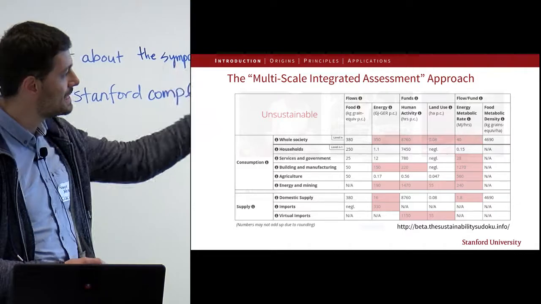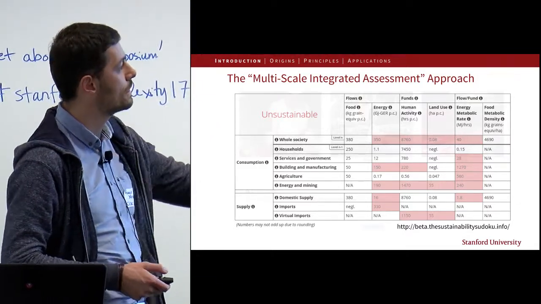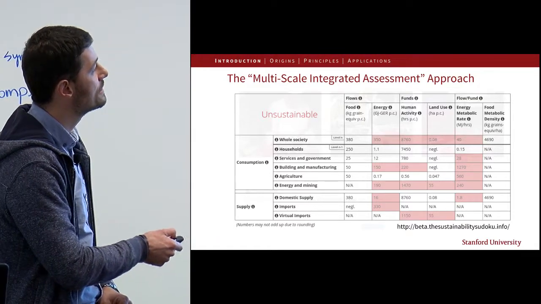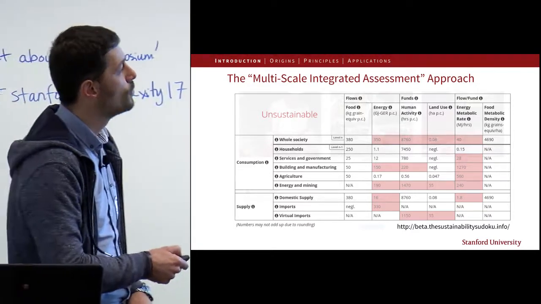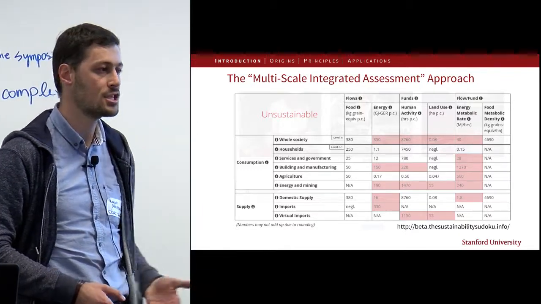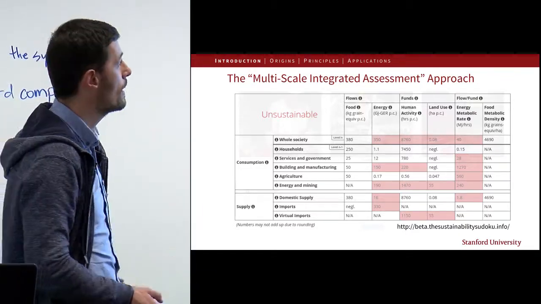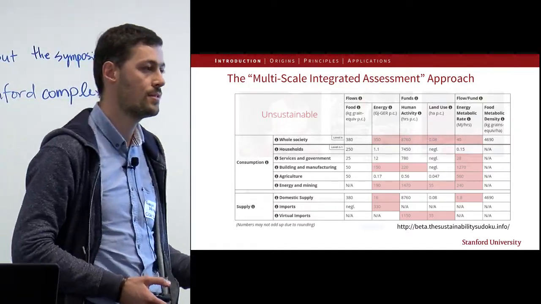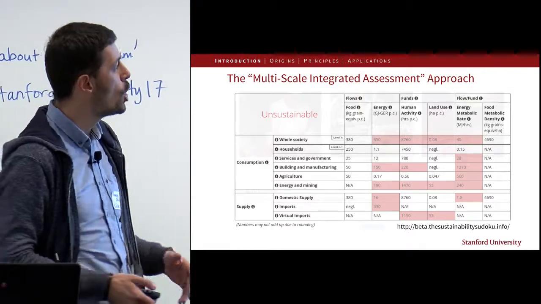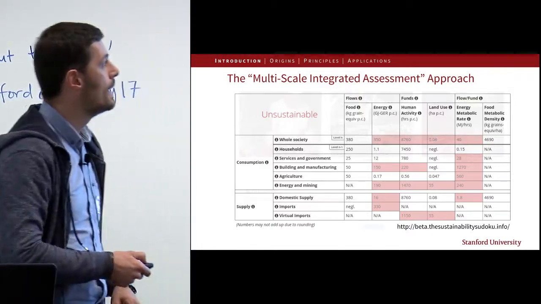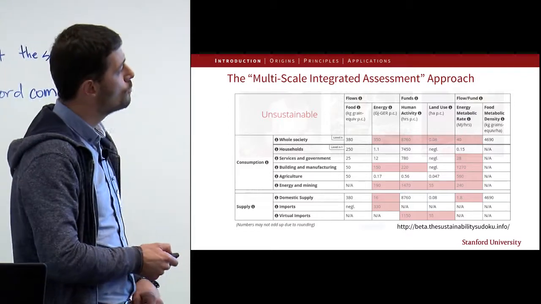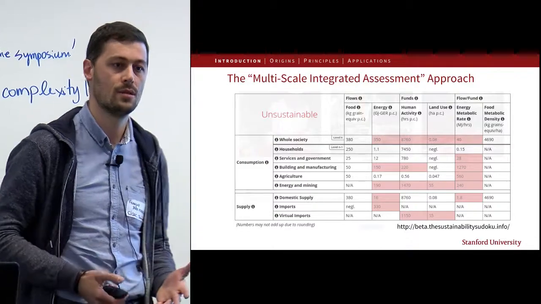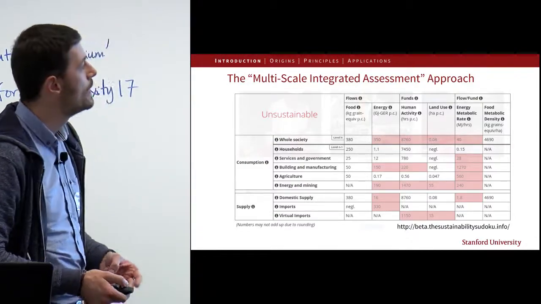How it basically works is like this. It is a hypothetical example, in which the whole society has various requirements of flows, so it can be food, energy, water as well, and funds, which are basically those things that we consider constant over the time horizon of the analysis, mainly the population and the land. And all those are describing patterns of the society in two senses.